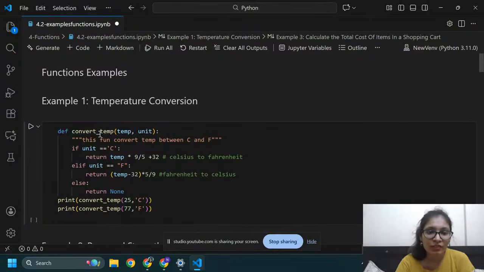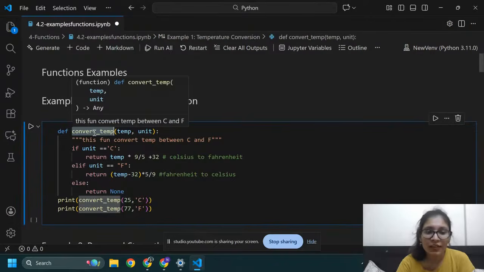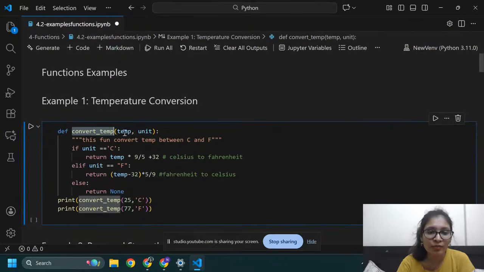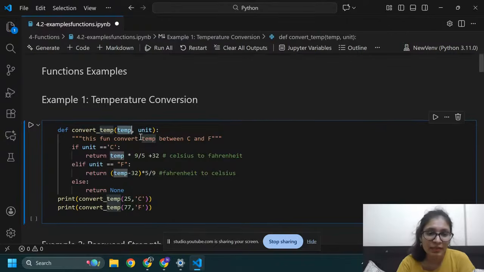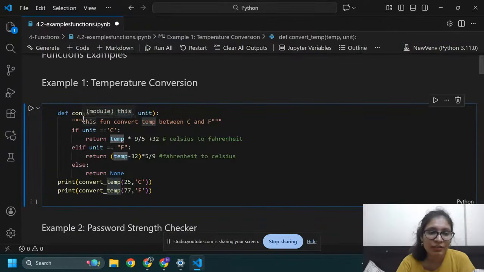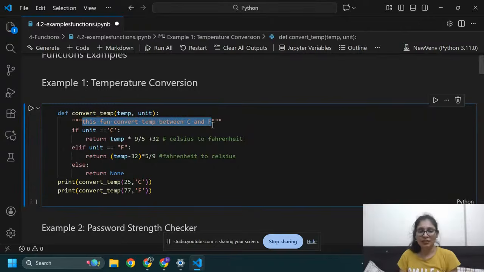This is a function def and this is the function name. Here I am going to pass two parameters, temperature and unit. This is the description of the function. This function converts temperature between Celsius and Fahrenheit.